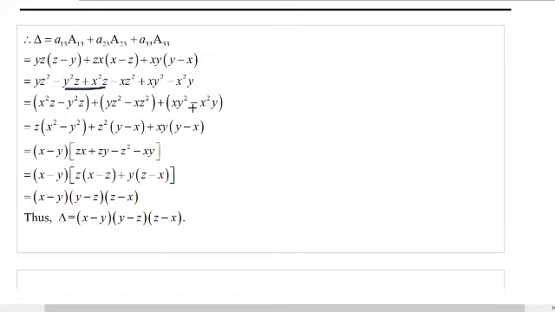So once I take z common from them, I'll get x square minus y square. If I take z square common from them, I'll get y minus x. If I take xy common from them, I'll get y minus x. So basically, here I got y minus x, here I got y minus x, here I got x minus y into x plus y, right? Okay. So in the solution, I'm taking x minus y common from all these 3 terms.